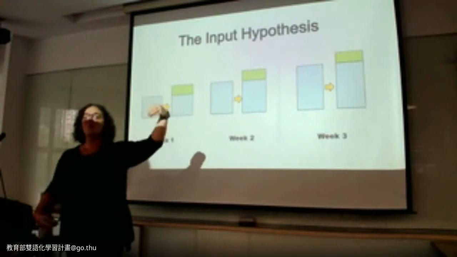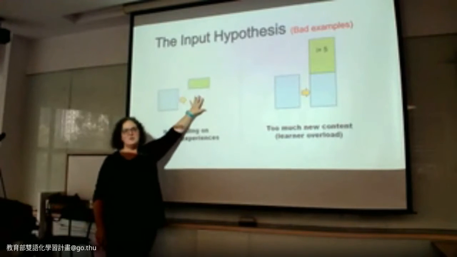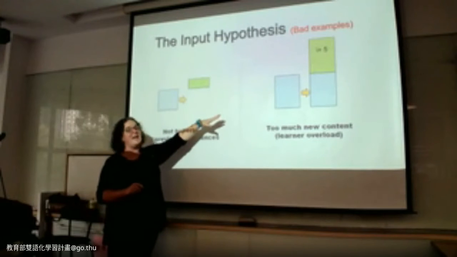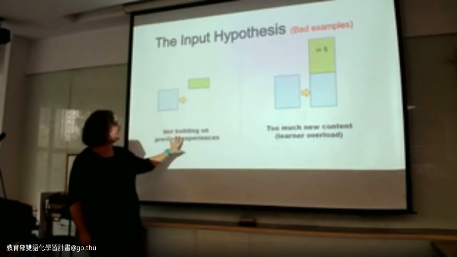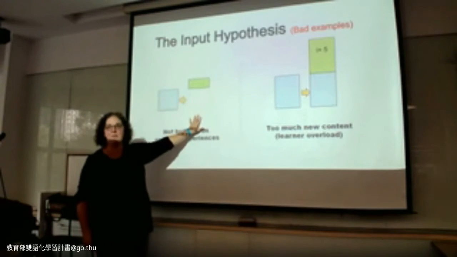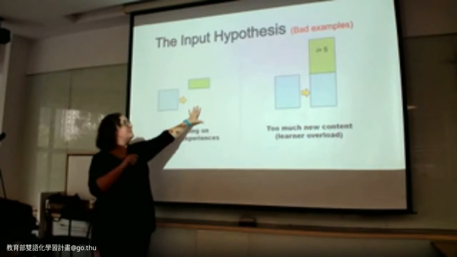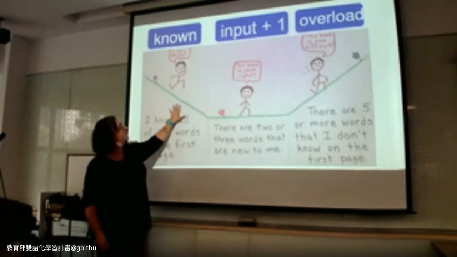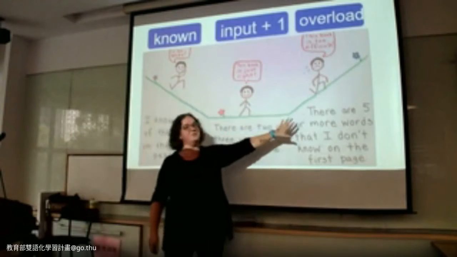Here's what we don't want. We don't want to just start building on what they don't have yet or ignoring what they already have. And we don't want to add too much. Both of these are not okay. Too much new content or excluding previous experiences. I think this is why students ask for examples. Pulling in from their lives helps them to comprehend the new. So I don't want to have not enough. I want to have just right. I don't want to have too much.